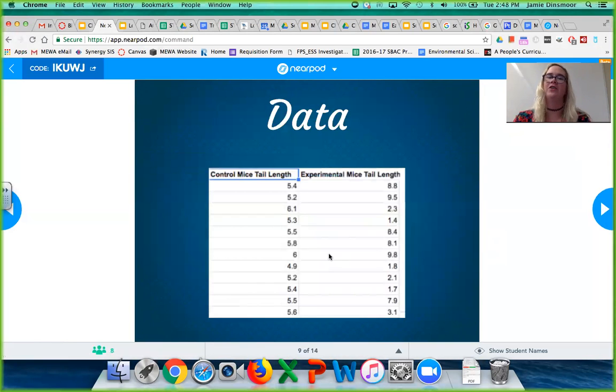Here is the data that I collected for the control mice and the experimental mice, which, by the way, if you guys were here in person with me, I would have made you measure fake mice tails. So we skipped that. I did that part for you. Here's what their tail lengths were. Now I need 2 volunteers to calculate the average of the control mice tails so that we can confirm that it's the correct answer. So if you would like to do that and it's not too hard for you to get to the chat in Zoom, I know, technology management, 2 volunteers, Georgia's gonna do it,